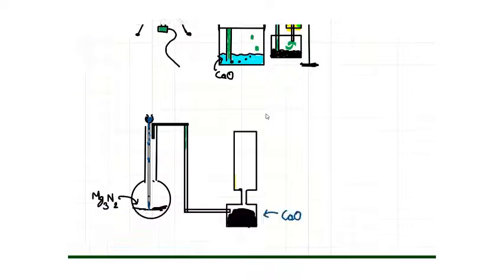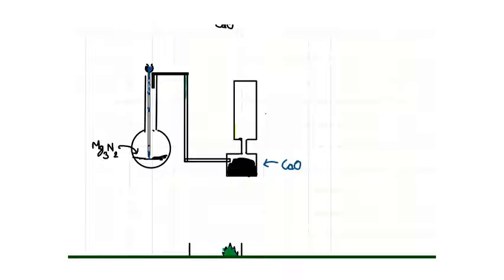Now let's take a look at another method for preparation of ammonia gas. First, we have a nitride of a metal in aqueous form. Let's take the example of Mg3N2 or magnesium nitride. Now, we pour some warm water into the thistle funnel, due to which it trickles down into the conical flask containing the nitride solution.